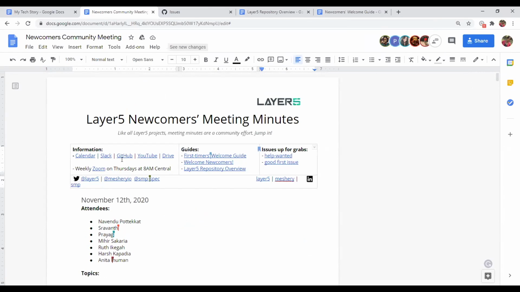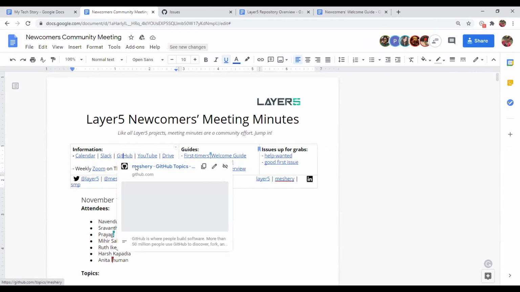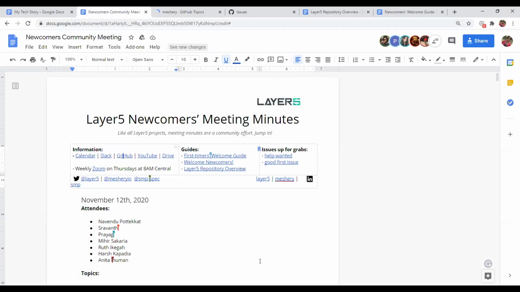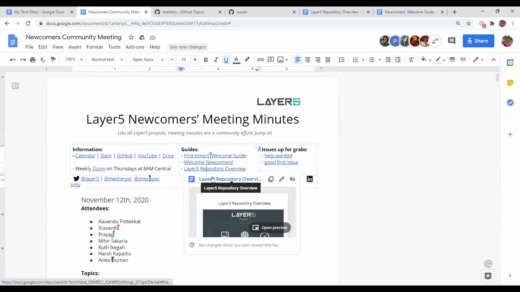Oh, don't worry, I've seen it. Sorry. No, it should be this one. That's the GitHub link. Oh, this. Okay, this is not it. Can you send it to the chat? It's actually right there in the guides, the third one. No, I mean the GitHub organization link, not this one.